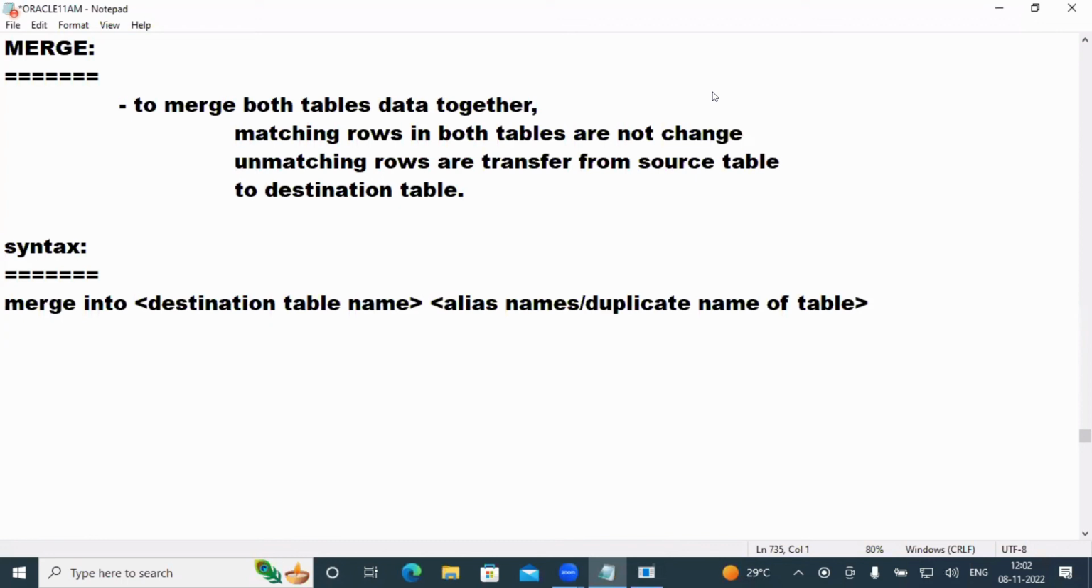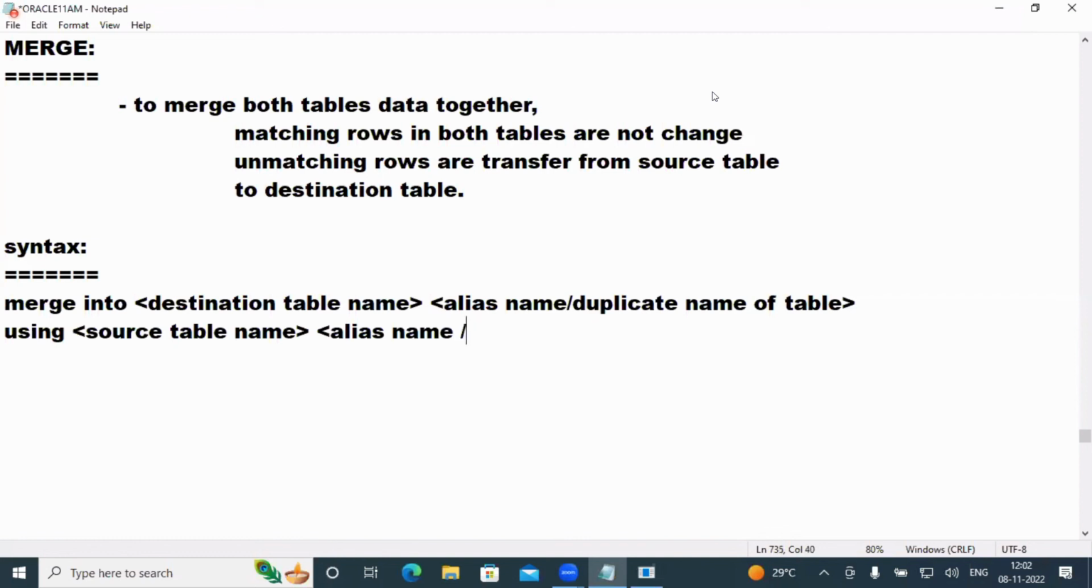Then after MERGE INTO the destination and alias name, after that USING, what do you want to do? The source table name and the same as alias name, or else what we call a duplicate name of the table. You have to design it like this, and after that give an ON. Here I want to use a joining condition. You should write a joining condition, because when you want to merge two tables, first the two tables will be joined together. Then after joining the two tables, when rows are